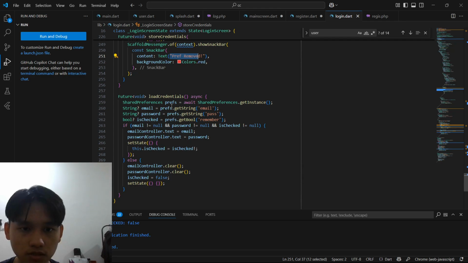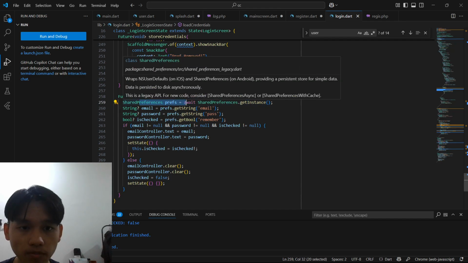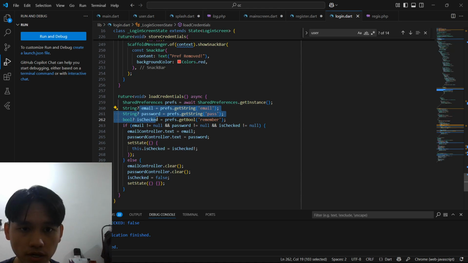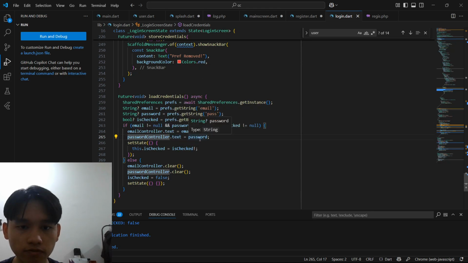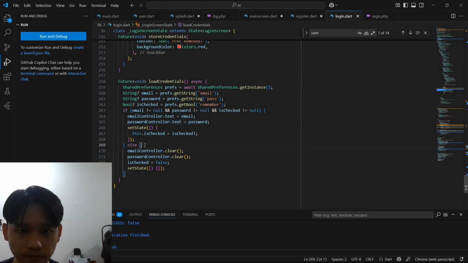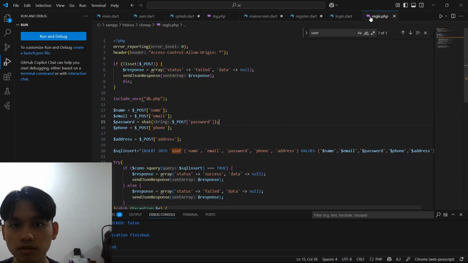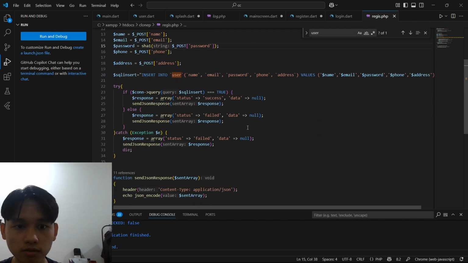And then for load credentials, same thing like the splash screen, just create a preference method, and then wait to get the email and password from the storage. If it is not null, it will set the text field using the information retrieved from the storage. If it can't be found inside the storage, it will just clear the text field. So yeah, that's all for the